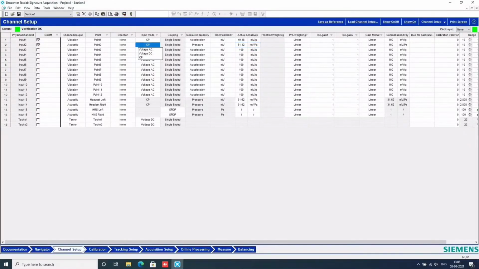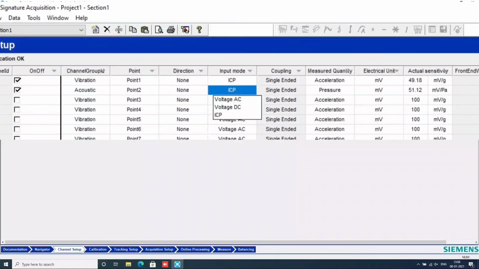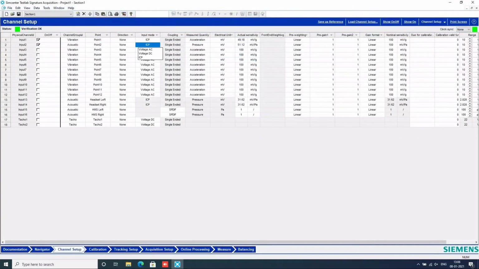So moving on from there, now that we have made the sensitivity setting, one other step that one needs to see is the type of these transducers. So there are IEPE or ICP transducers, direct voltage output transducers, and sometimes even charge based transducers as well. So one needs to set up this as well. Of course, once you set up and save it into a project file, all this data is readily available in case you are repeating a test, or it's the same test that you want to do on and on. So that is the last setup that you need to make.